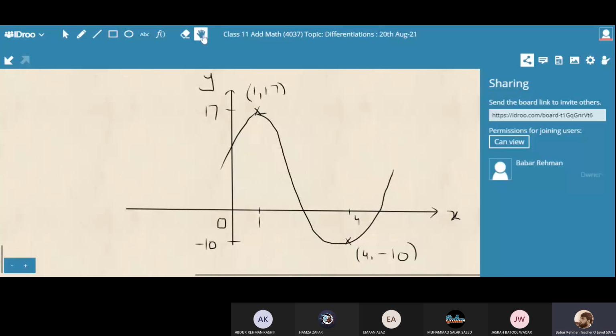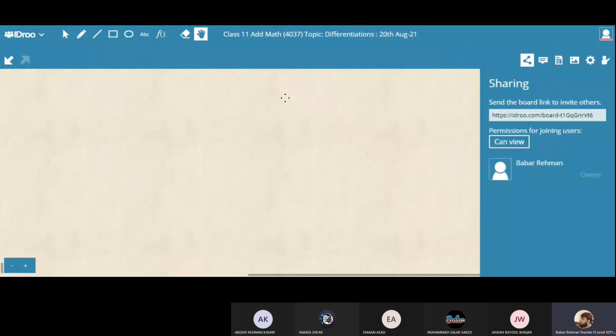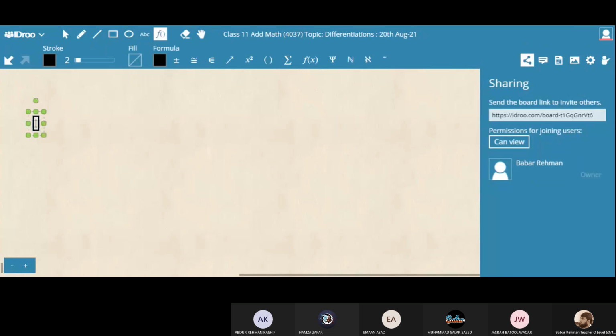Okay, student, I hope you understand this concept of how to find the double derivative. Now, student, I am giving you one question. This is for you, and you have to do this question. Get ready for this. This is exercise 12.9, question number 3. I'm writing this question for you.